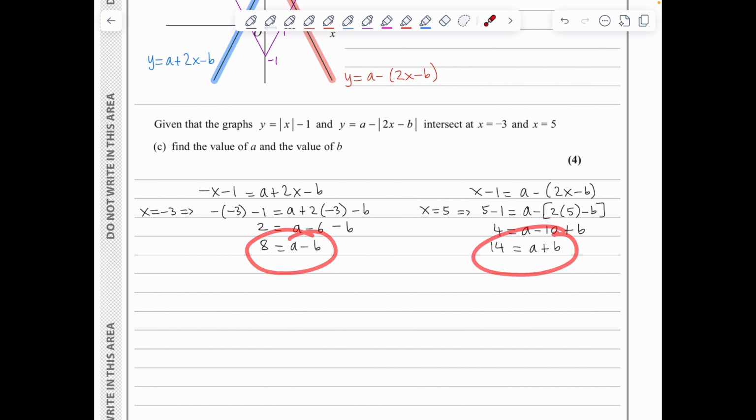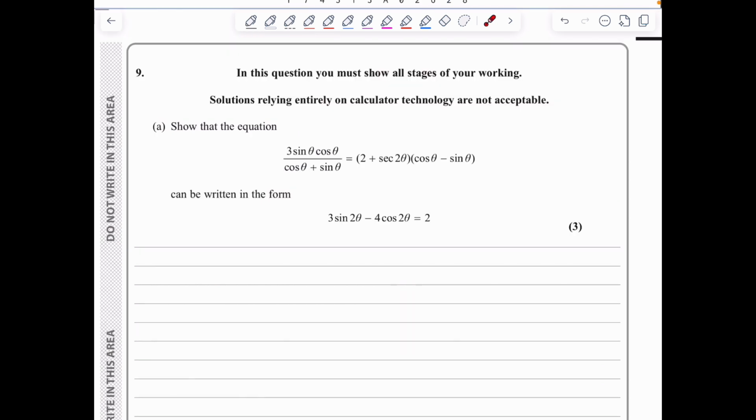If I add them up, 8 plus 14 is 22, which is equal to 2a with the b vanishing, and we've got 11 is equal to a, and therefore 8 is 11 minus b, which means that b is equal to 3. In question 9, we've got the equation shown here, and we need to show that this leads to